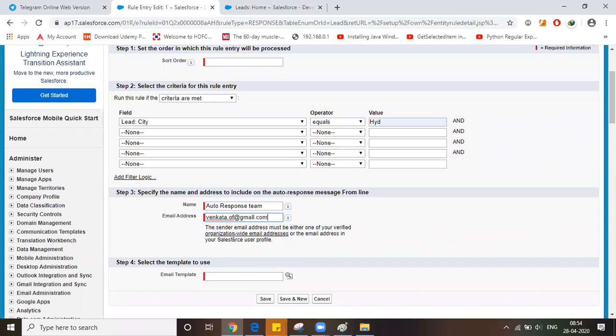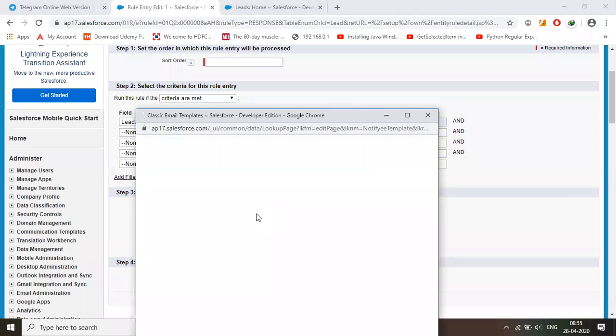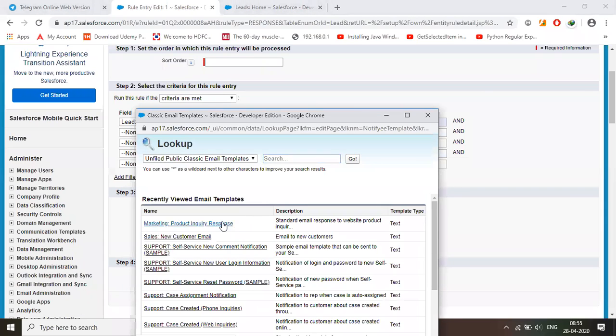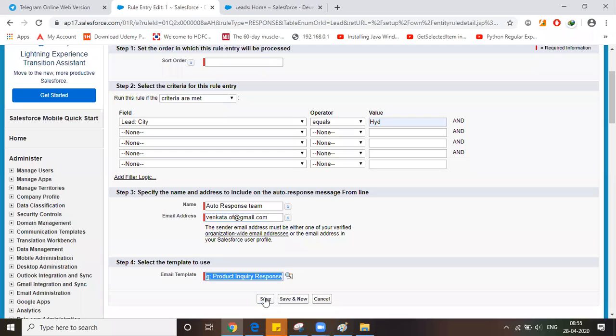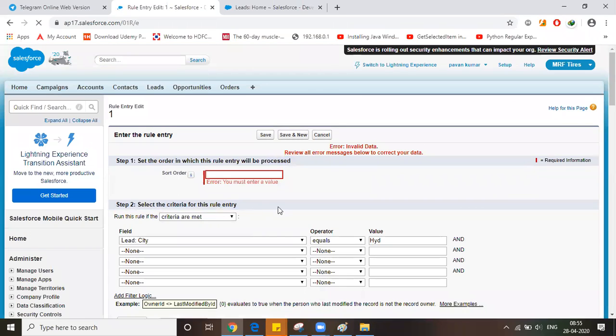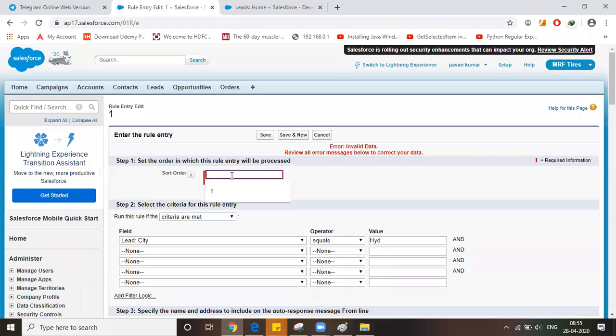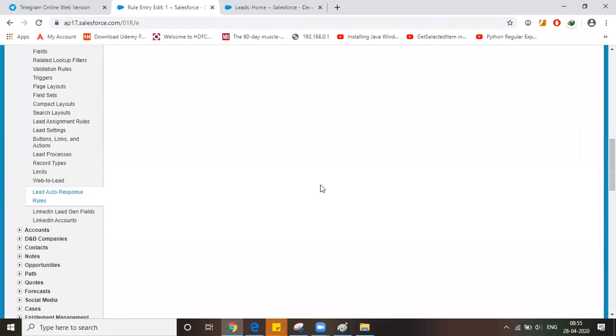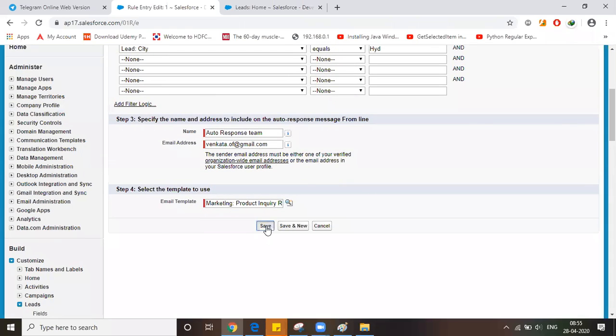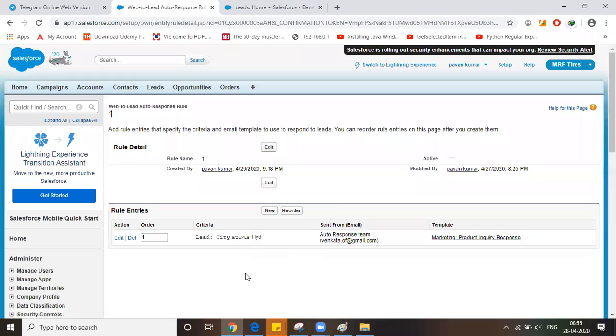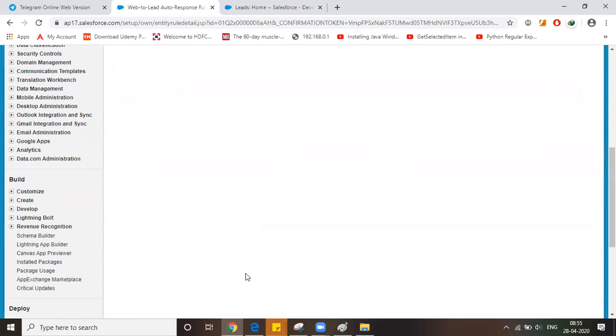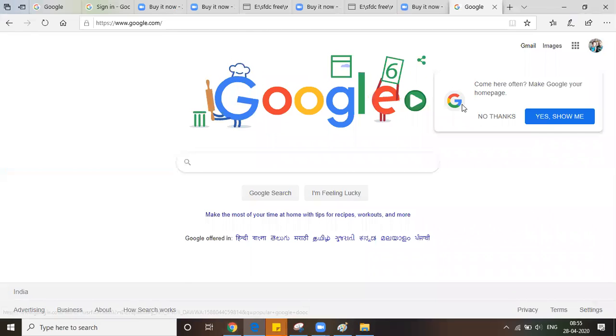Which template we want to use, we have to design our template, and with the template we can see. So once I generate a lead, I'll get the response as well.